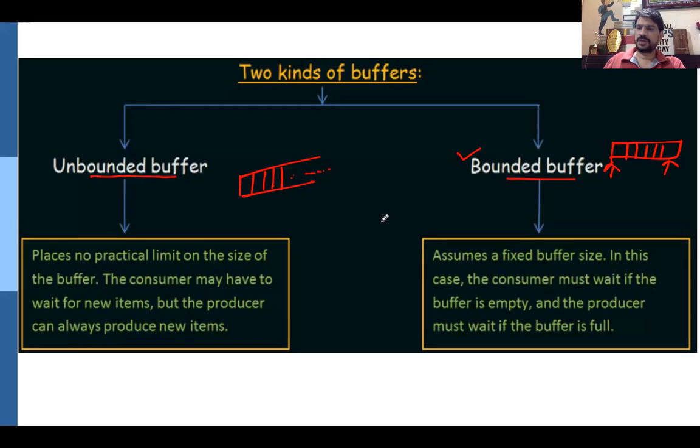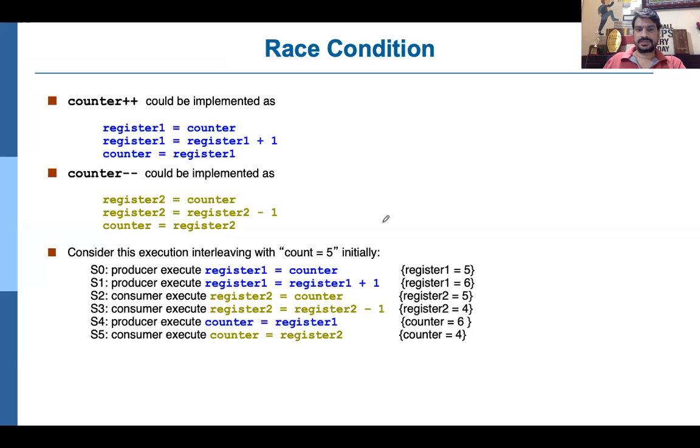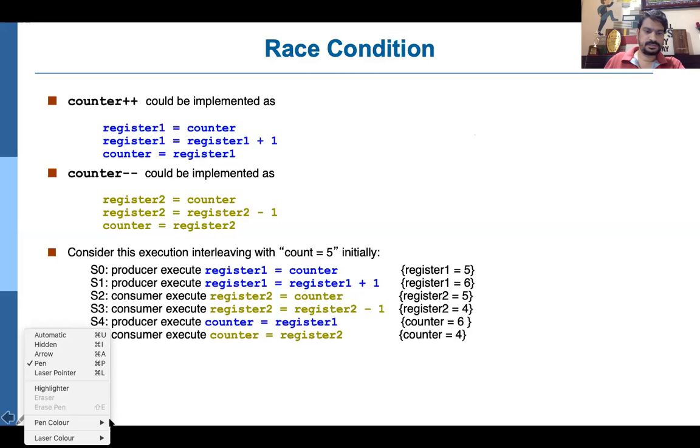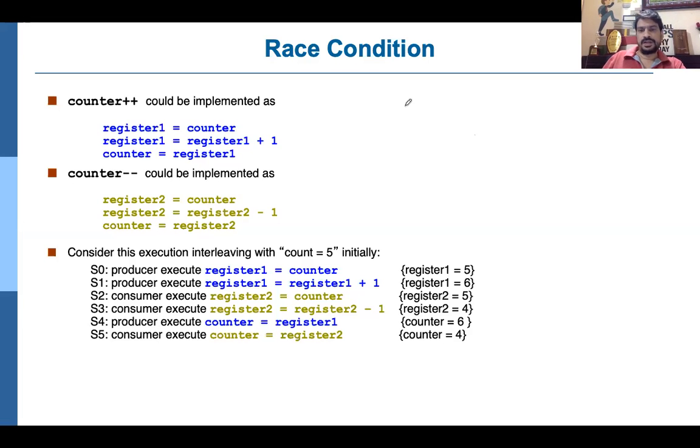Now let's talk about another problem that we can see in the producer consumer scenario. Let's talk about race condition. Okay, so for that I'll take one example. Let's say we have two processes, process P1 and process P2. Okay, let's assume that we have a variable called shared